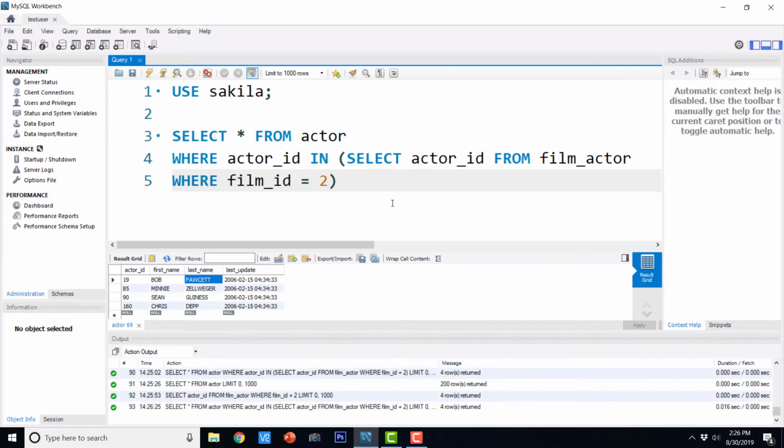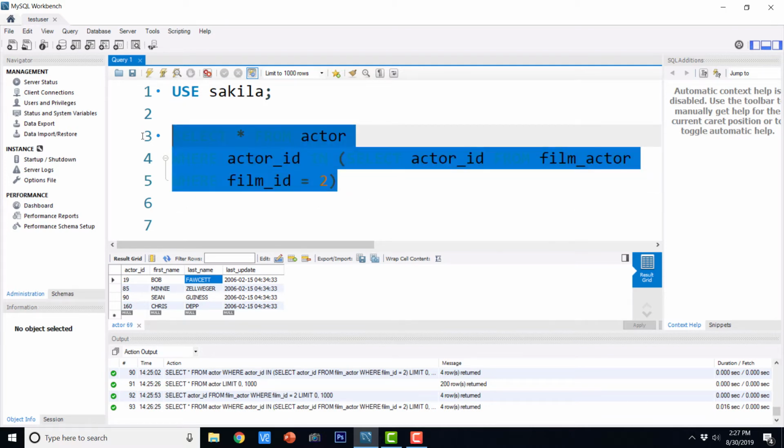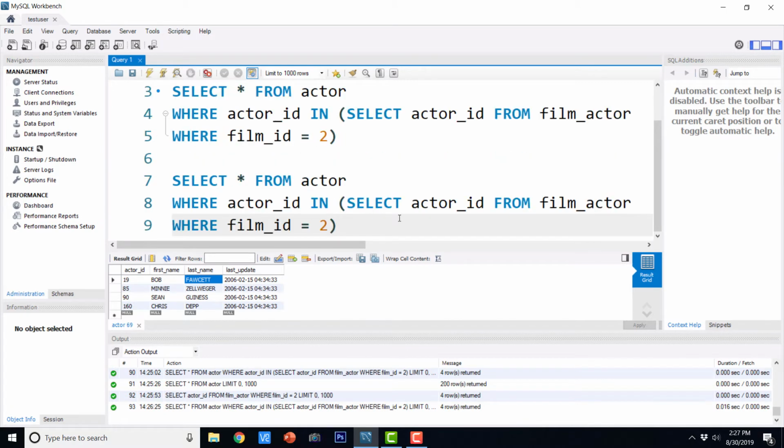Now we can also do it in a nested way. There will be an outer query and then an inner query, and the inner query will act as an outer query to another level 2 inner query. So let us see how it can be achieved. I'm just going to copy this and convert it into nested form. So this is the innermost query.